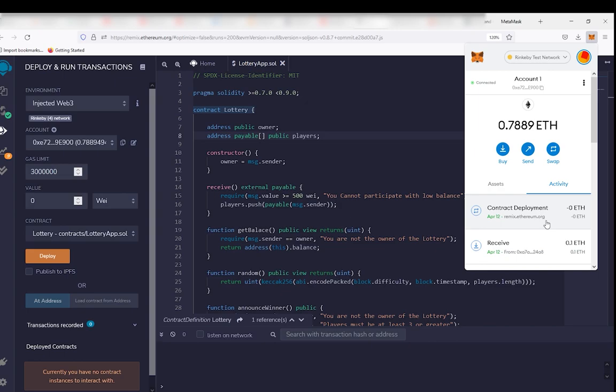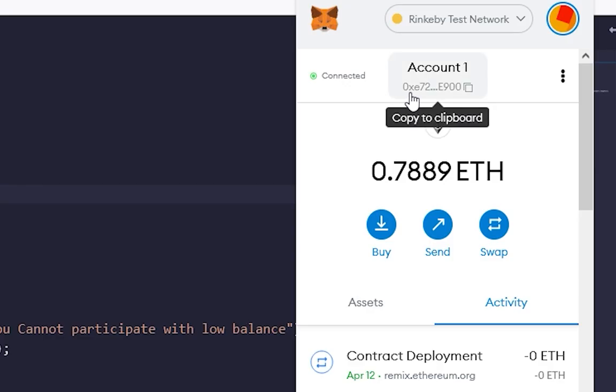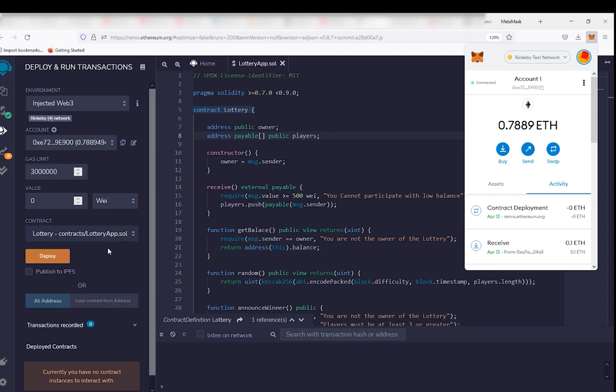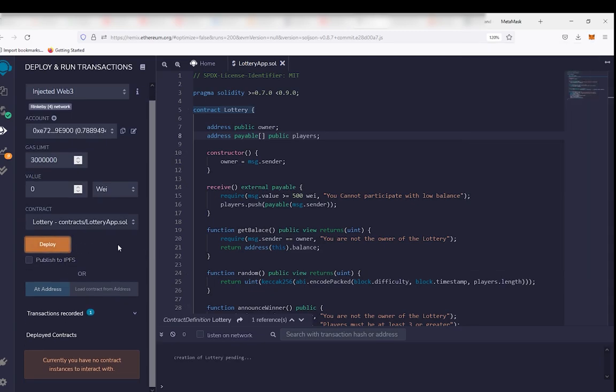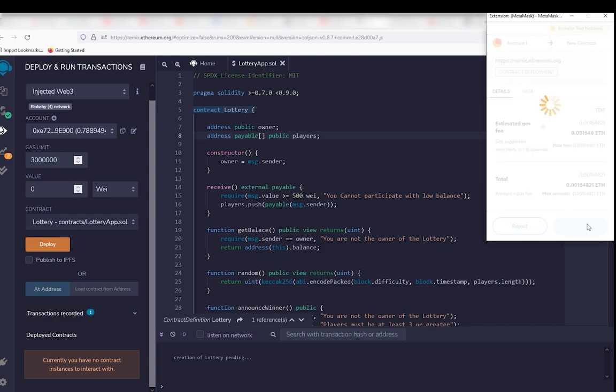And now the next thing I'm going to do is to deploy my contract through this account, and that will be my owner account. Now I'm going to deploy this contract on this account, that will be our owner account. You can see it also here 0xe72 and 0xe72. So I have to press this deploy, and this will charge some gas here. Press confirm,